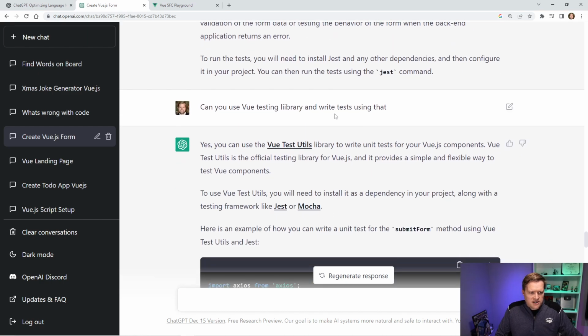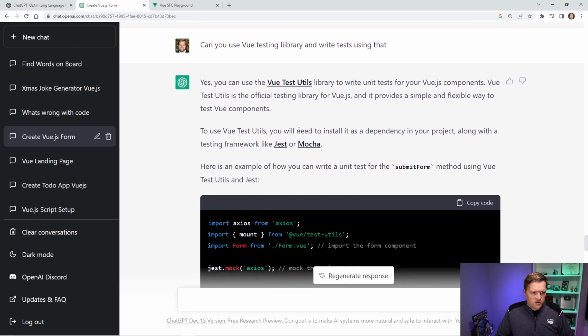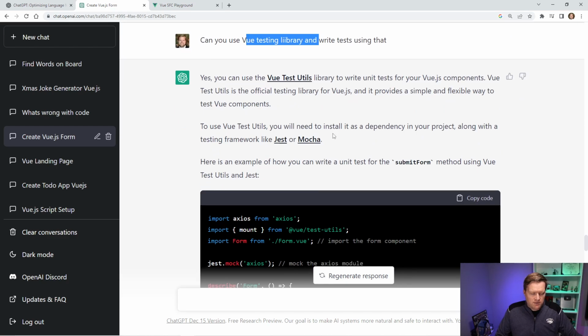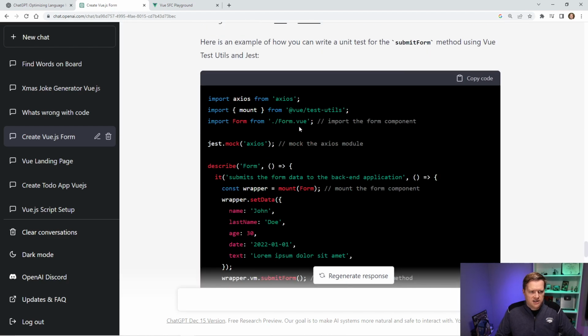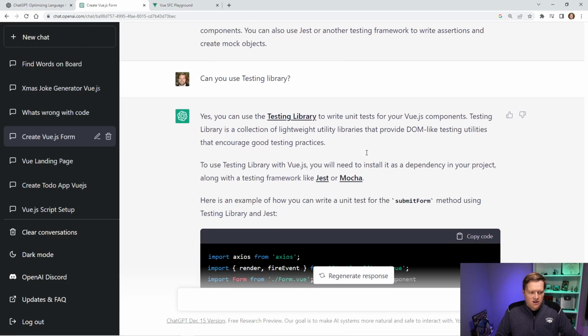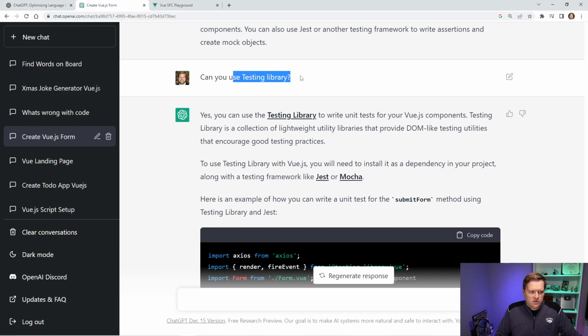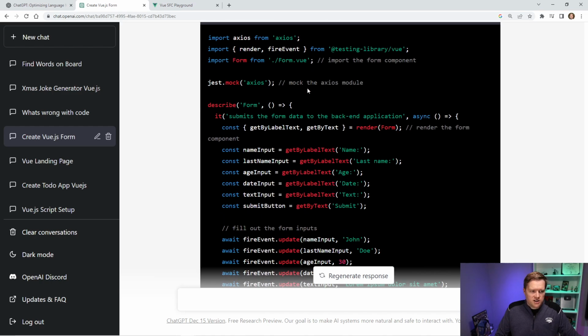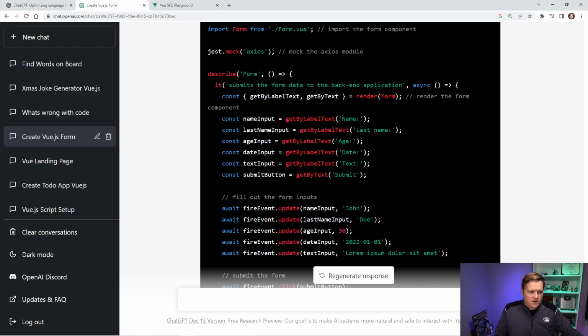And then I tried the more modern way I think people are creating Vue tests. Not everyone, but at my company, when we do Vue tests, we use Testing Library instead. I've seen that a lot on the React side. First, I asked it to do Vue Testing Library, and it didn't understand that, and it just did the same thing with Vue Test Utils. But once I asked it to use Testing Library, it actually showed the example using Testing Library, which was pretty impressive. And from looking at this, it looks right.